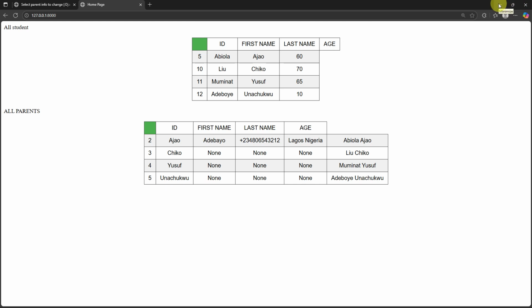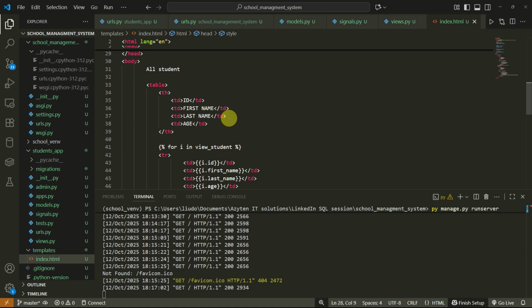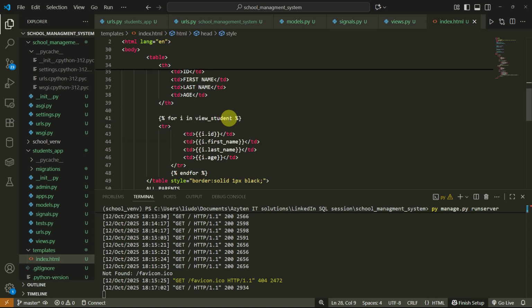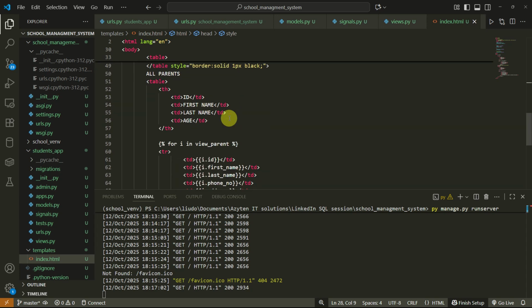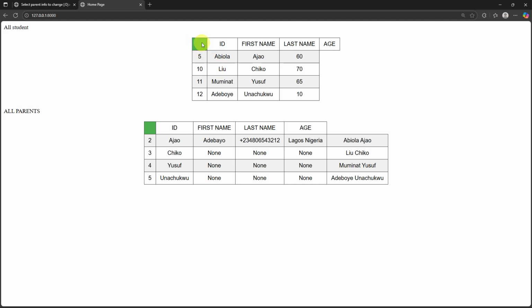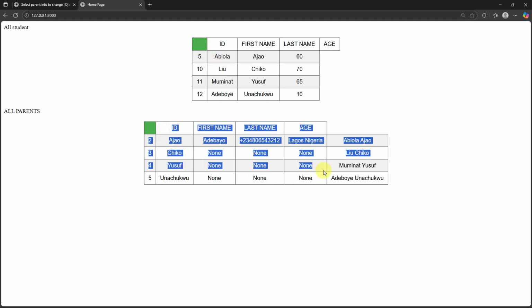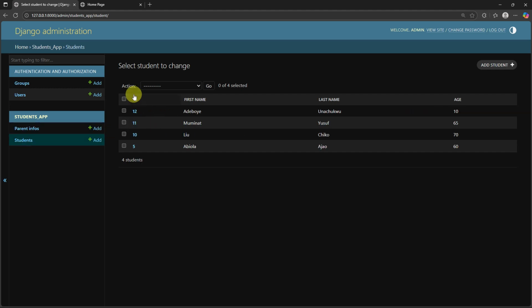I also forgot something. ID, first name, last name. I don't know why this thing shifted, but it's not supposed to be like that. Anyway, I just wanted to style it for you guys to see. Something is wrong here. I don't know what it is, but this none I can actually automate it to be something. So any new addition I do here, let me add